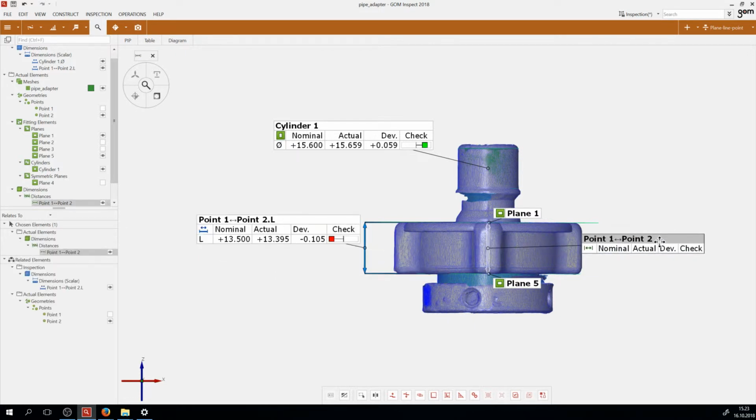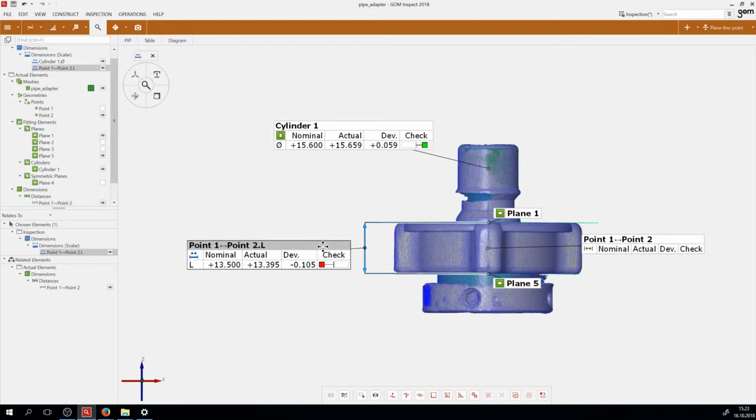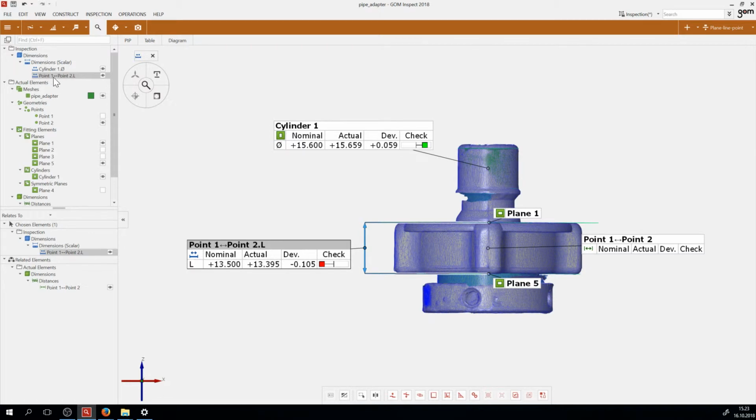Before, we had the dimension that we have created and the measured dimension, or inspection dimension, joined together, but when you click here in the middle and then drag the blue point,